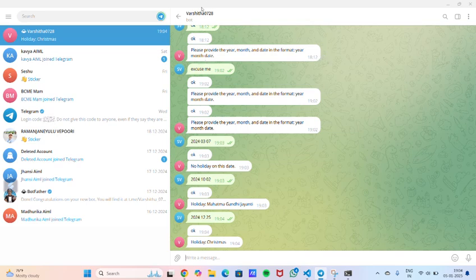The calendar API is helpful for getting information on which day is a holiday and which day is not. If it is a holiday, it shows the purpose of the holiday, and if there are any festivals, it displays the festival name or any other purpose. If it is a public holiday, then it displays public holiday. In this way,